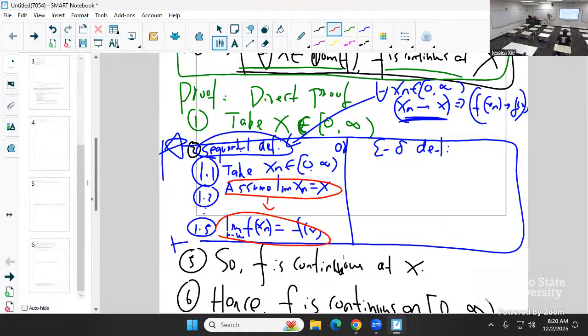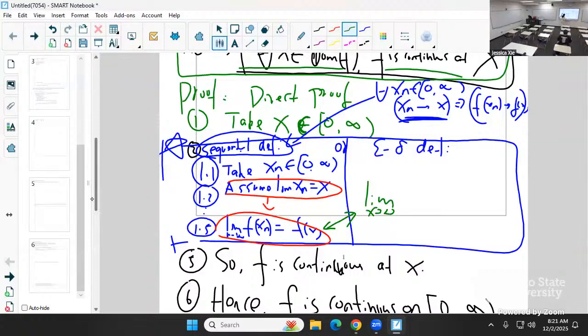That makes sense? Because it's a for-all statement, take an arbitrary sequence xn, assume the condition that xn converges to x, and show that the limit of f of xn converges to f of x. That's the structure here. Then how to prove that? Let's see, what is f of x? This one is nothing but the limit of... what is f of x?